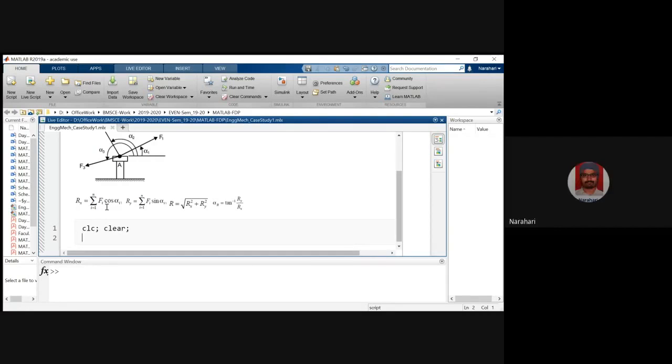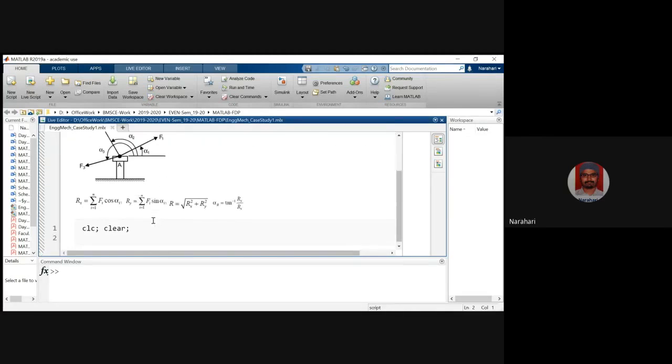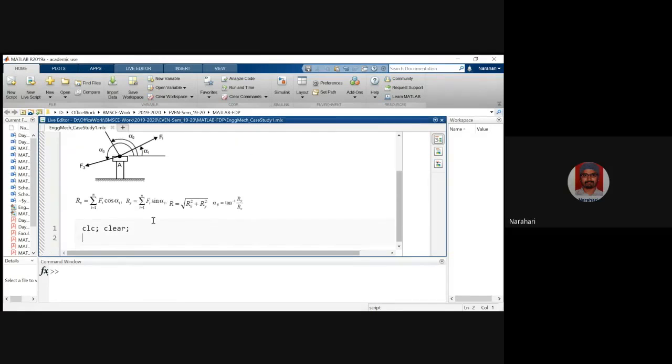Right. So now there are two things that can be done with this question. I can just simply try to solve it by taking these F1, F2, F3, alpha and all, and get the answer. That's one way. The other way is to make it more user interactive, so that the user can give us the values, the data, and it becomes more generic code, a code which can be applied for n number of forces, not necessarily just these three given forces and